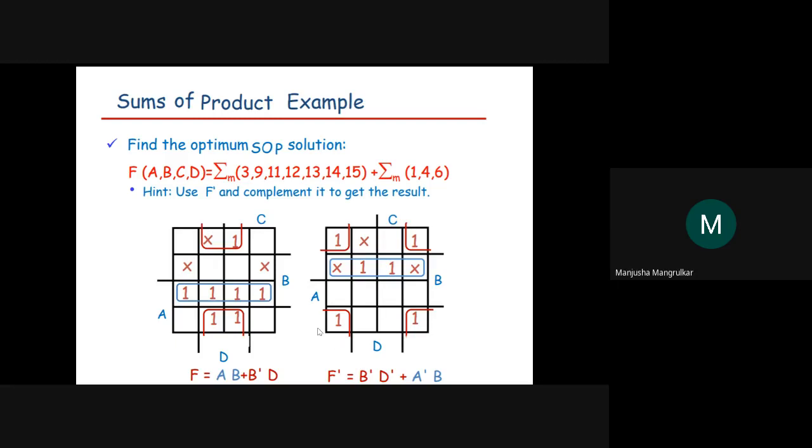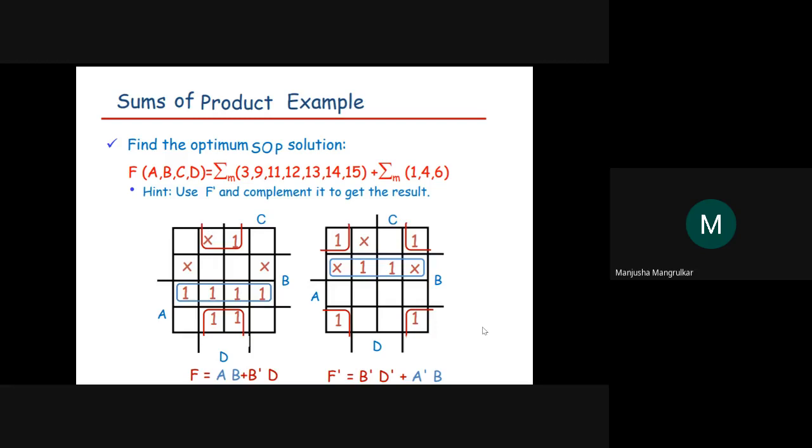And then according to that we'll get the value, as I have explained, from the constant values. Suppose for this example, corner, here 0 0, here also 0 0, here 1 0, here 1 0, right? So now what is the value of 0 0 1 0? B complement will be here, and here 0 0 1 0, D complement. The value of all these four groupings is B complement and D complement.